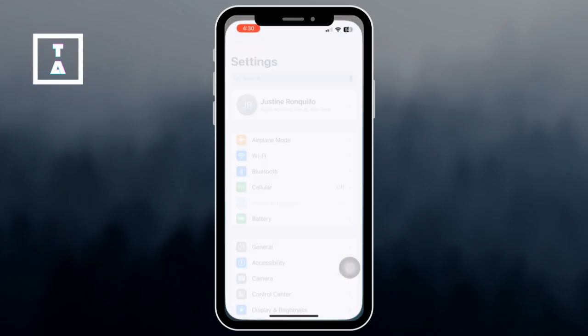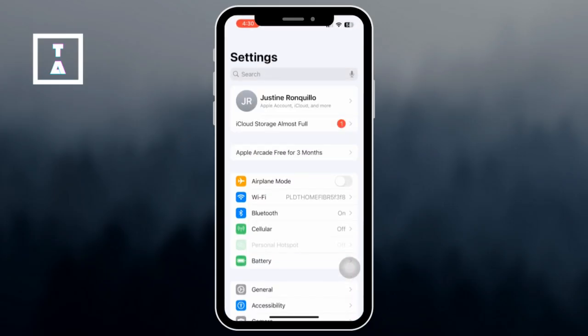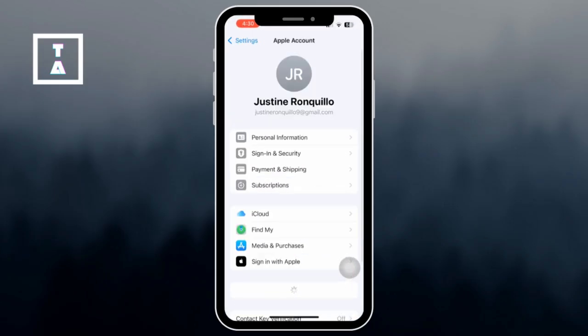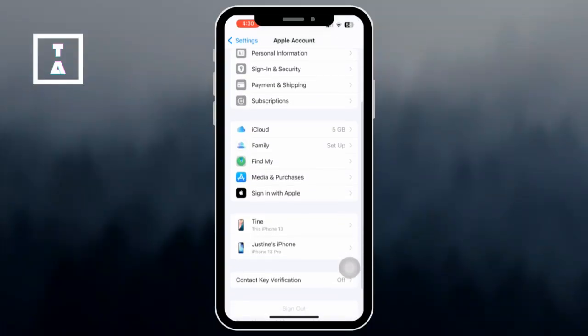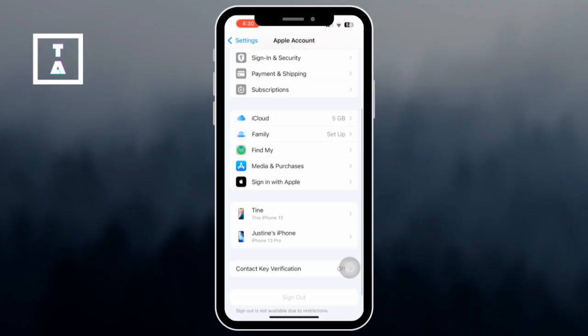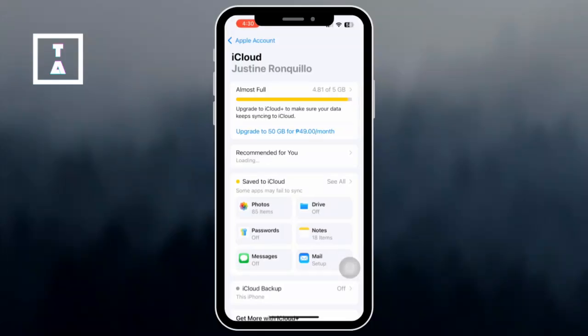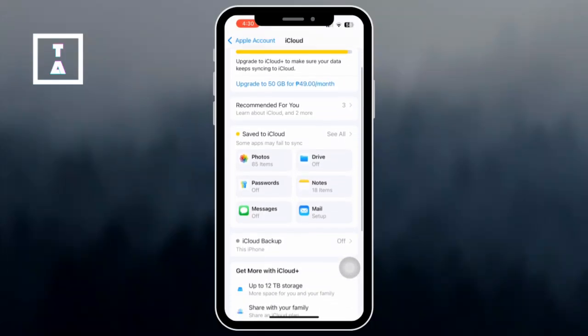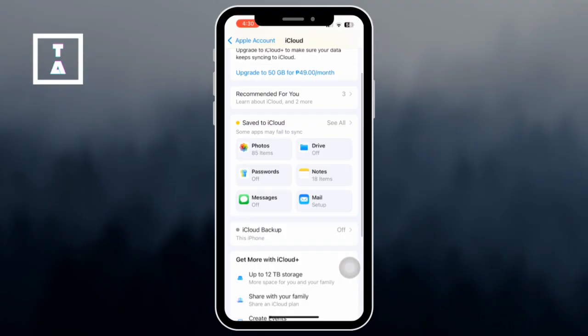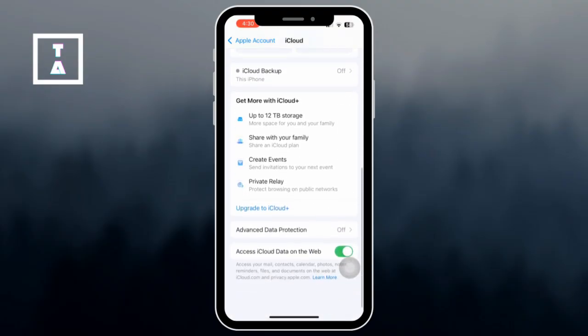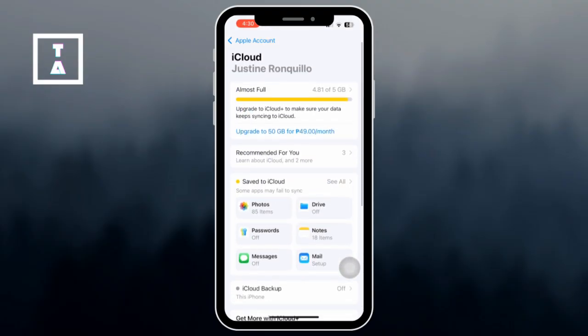Let's get started. First, unlock your iPhone or iPad, tap the Settings app. Then at the top of the Settings page, tap your name and tap iCloud to see apps that can use iCloud. Then, look for Contacts in the iCloud list. Toggle it on to enable syncing. Then, if prompted, select Merge to combine your device's contacts with iCloud.